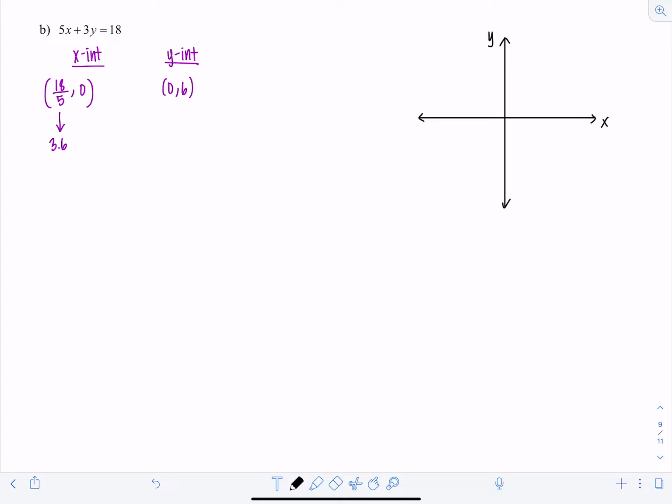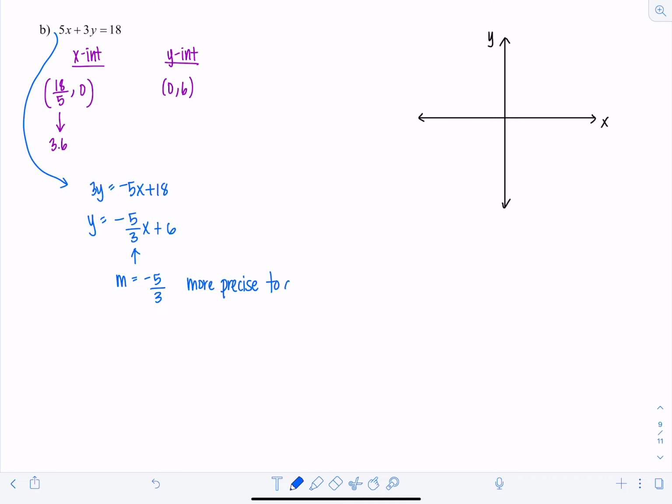Well, remember, we could rearrange this equation and put it in slope-intercept form. So I would have 3y equals negative 5x plus 18, divide by 3, so y equals negative 5/3 x plus 6. So the slope of the line is negative 5/3,